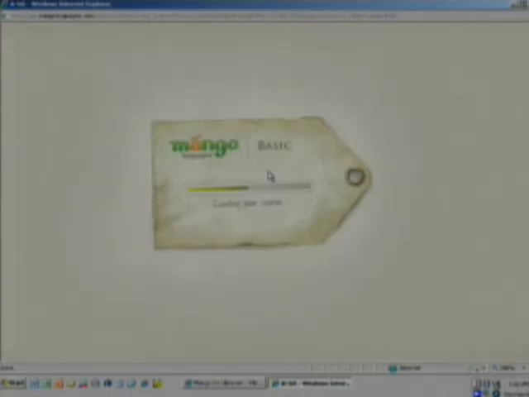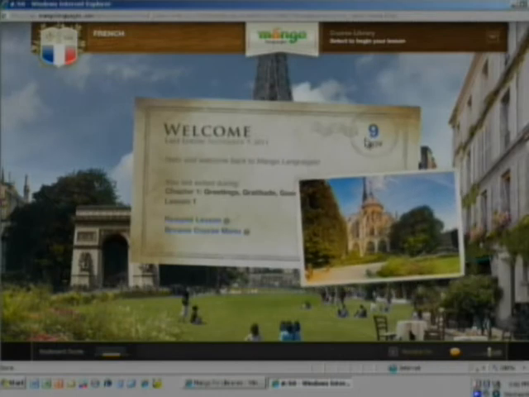And you can see what it does is it just brings you to, it's going to check your browser for all the requirements that are necessary for the program to load. But then it's going to bring you a very graphical interface that you'll see is very appealing. It looks like a passport. You've got your passport stamp here. It, of course, surrounds you with the beautiful scenes in Paris. So it's very visually appealing.